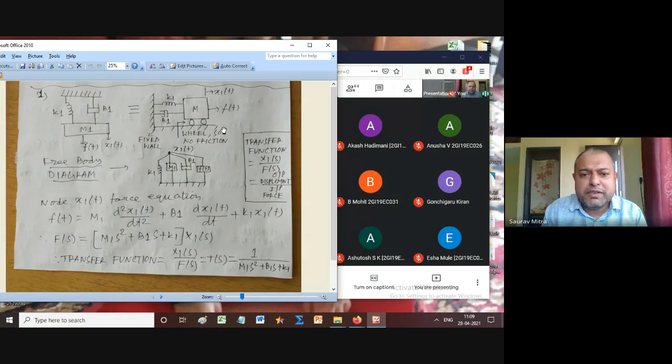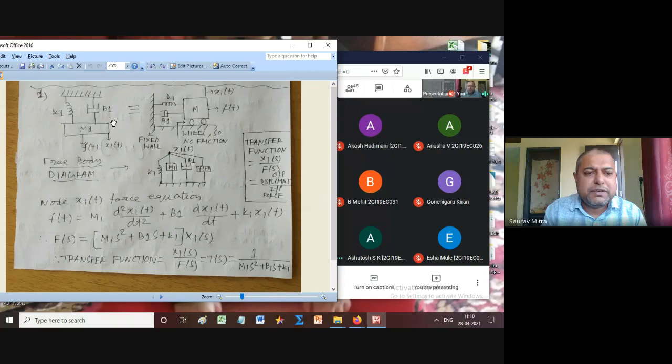Only there is a small difference. Okay, so this is that K1 which is K1 here. This is that B1 which is B1 here, and this is the M1, or this M you have to consider as M1. It's a small mistake, I'll correct. So this is also M1 you have to consider. There is a difference between the left diagram and right diagram. Can anybody point it out? What is the small difference? So here also it is Ft x1t. Here also it is Ft x1t.